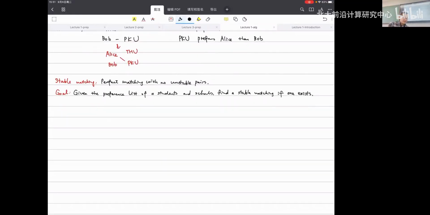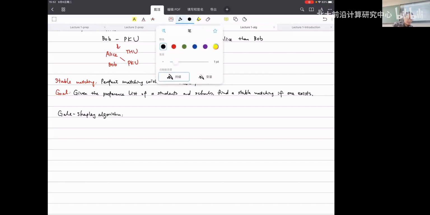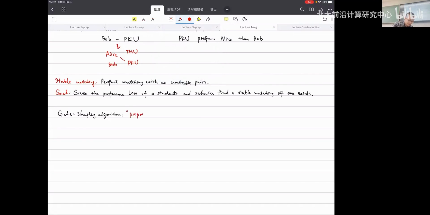So I think because this is the very first problem that we introduced in the class, I won't really give you a long time to think about it. But let's think about an algorithm that was proposed to solve the problem, and let's see whether this algorithm works well or not. This is an algorithm called the Gale-Shapley algorithm, and the strategy can be summarized by a short phrase: propose and reject.